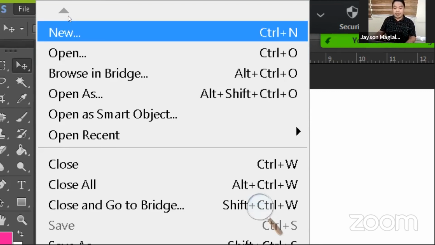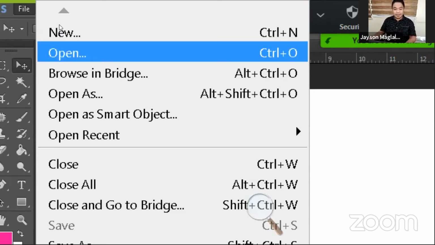If you want to create a new file and then combine multiple images, I suggest click new. Okay? Since topic natin is scaling and cropping, I guess maybe we can try open for now. So file, open,